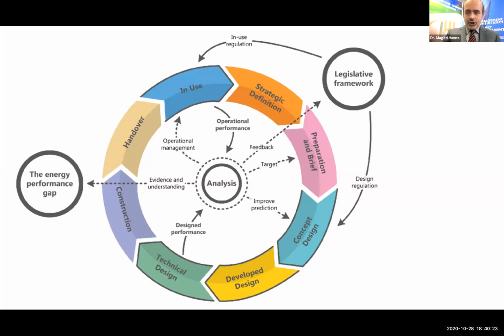So this process is continuous until I continue to improve my design until I reach an acceptable design concept following authorities' requirements and meeting client objectives. If that has happened, then I move to developing the design. In the developing design, I'm looking at different aspects: firefighting, mechanical, HVAC, electrical design, CCTVs,